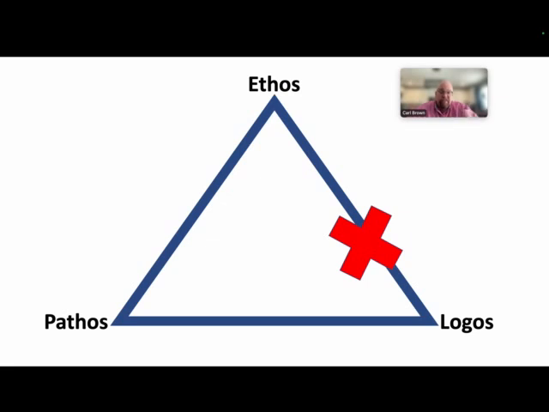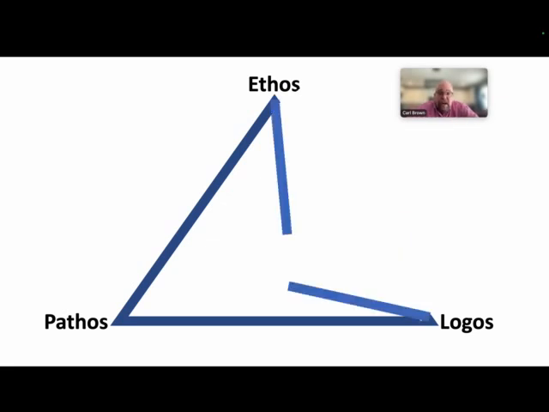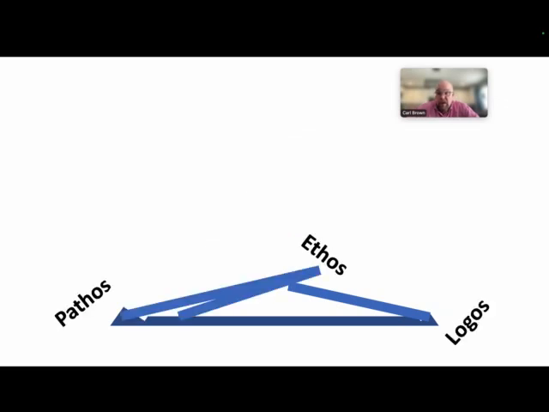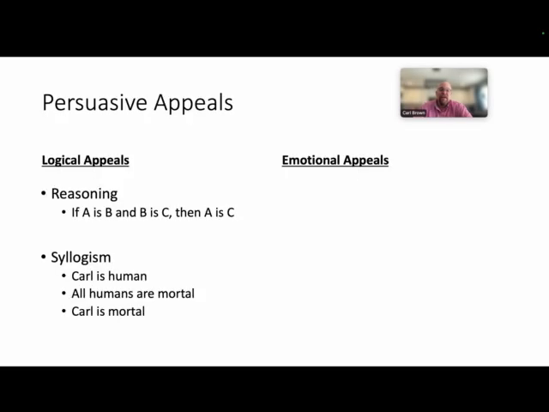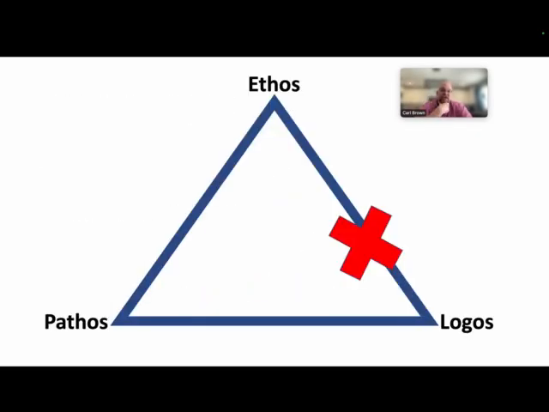And what we learn from Socrates is that if you have a weakness here, you break your triangle and it collapses, and it's not nearly as effective as it could be if it were all together. Now, there's a couple exceptions here. Just to go back, the key thing to remember is if you know an audience well, not just by demographics,